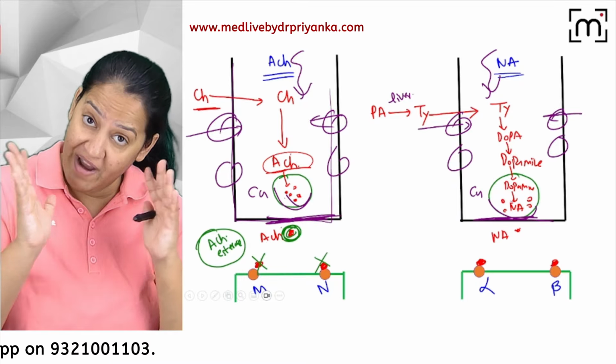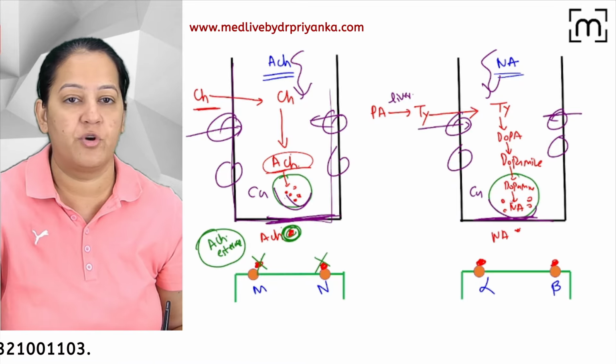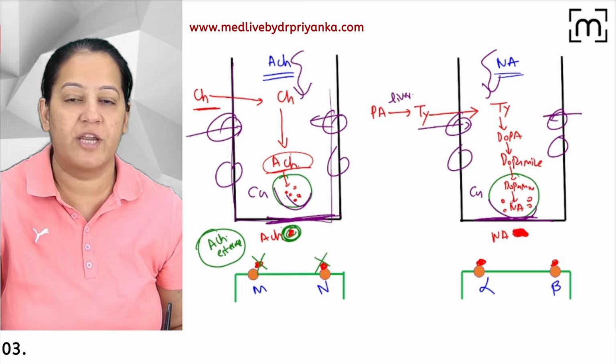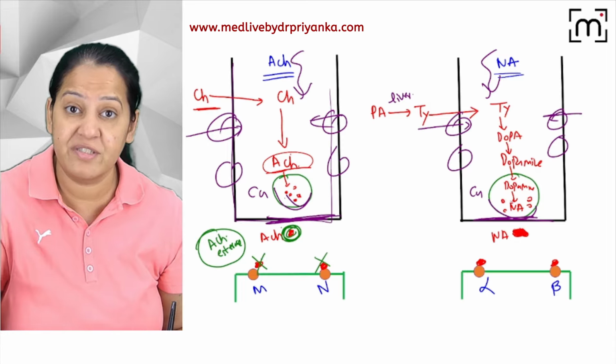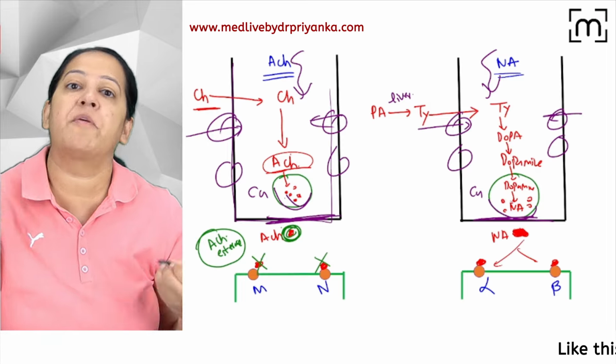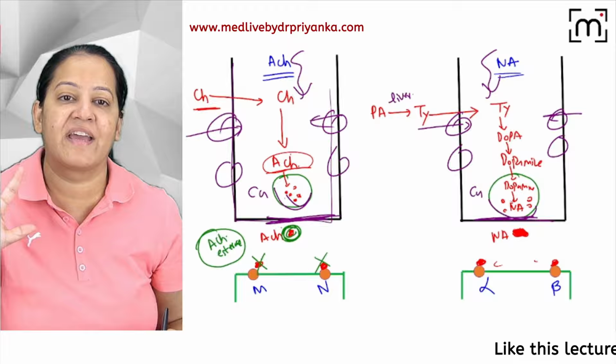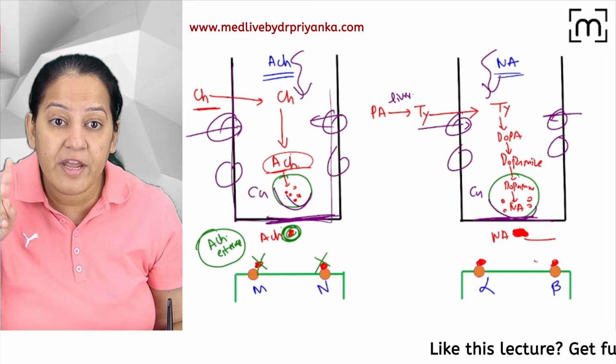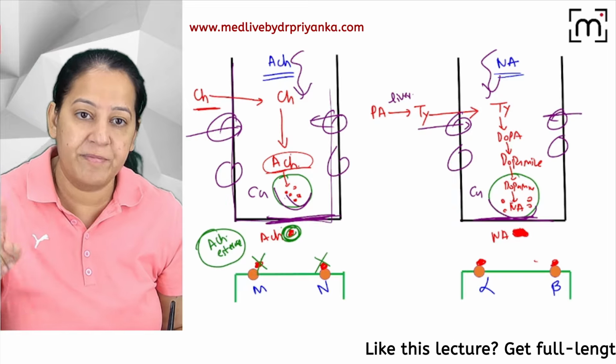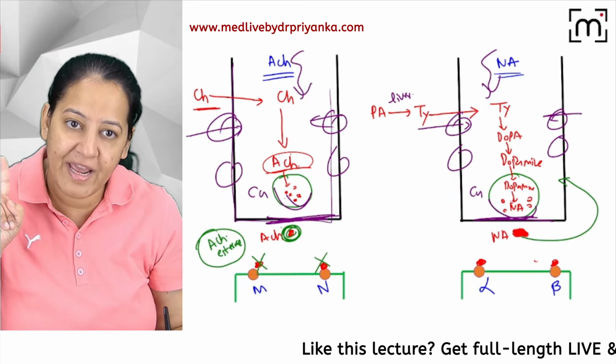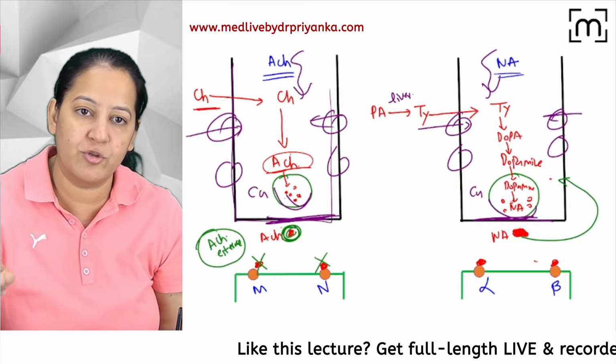But in case of the adrenergic system, degradation does not take place. Hydrolysis, degradation does not take place. What is the mechanism via which its action is terminated? It cannot act on these receptors forever. It will act only for a millisecond. After a millisecond, its reuptake takes place. First, axonal reuptake, and then once it enters the cytoplasm,